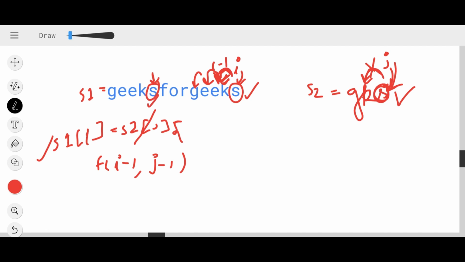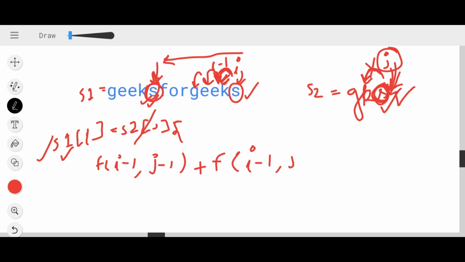The moment this S and this S are matching, if this condition applies, then I will count the ways. That is what I am doing here. I am moving my I pointer backward to get this S here, and I am matching my last character with this S. So I am not moving my J anywhere. I am just moving my I.